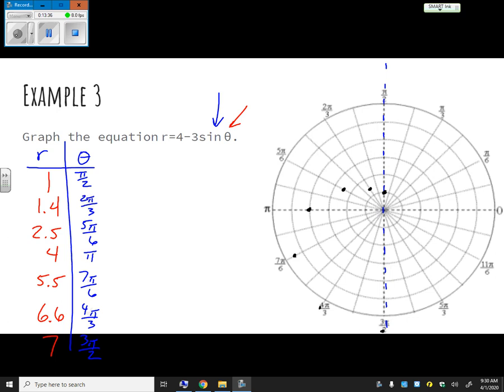Here's where I got my points to land so far. Okay, now I can reflect over all of my points, and so this is going to land at 1.4 right here. This one's going to land at 2.5. It's kind of some tedious work here. 1, 2, 3, 4. This one lands at 5.5, like way out here. We had to extrapolate a little bit. It's okay. And so if I connect these with a smooth curve all together,